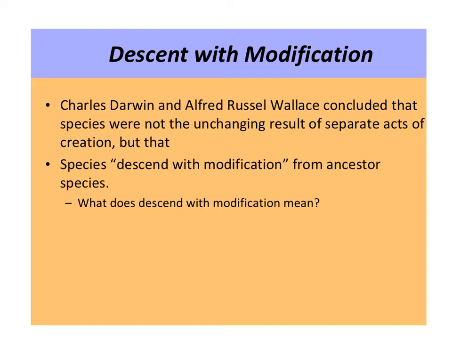Darwin is known for descent with modification. So what does descent with modification mean? Well, descent means from common ancestry. Okay, but what is modification? Well, that's the process. In this case, modification that gives an organism and populations an advantage in that they're better fit to the environment. And so we'll call this